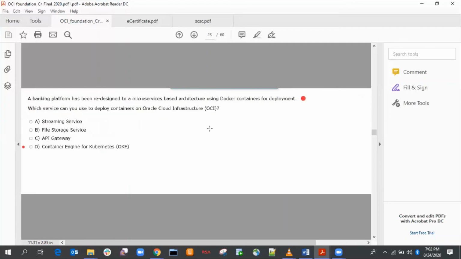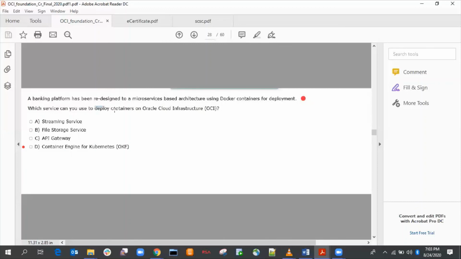A banking platform has been redesigned to a microservice-based architecture using Docker components. Which service can you use to deploy containers on the cloud?